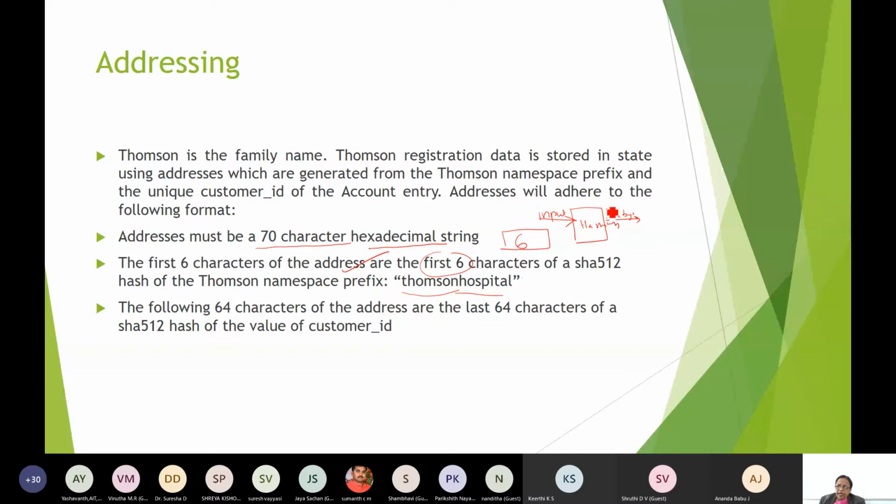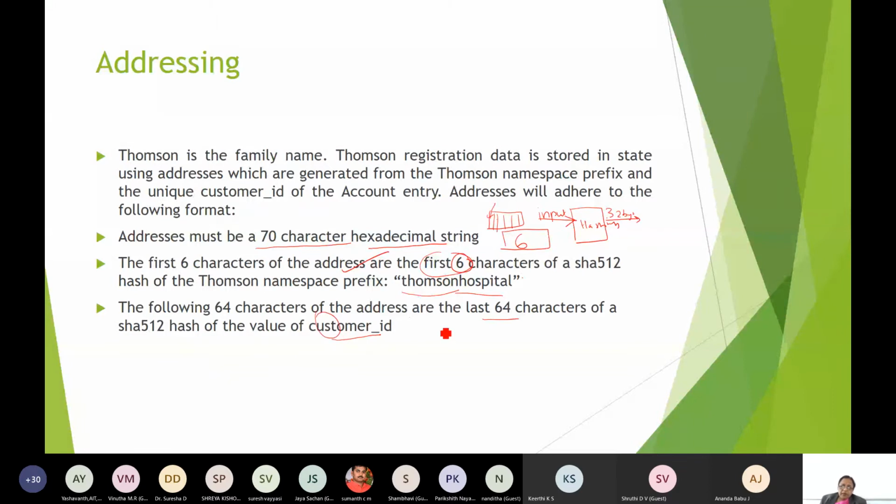From that, you are going to pick up only the first 6 hex values. After that, the following 64 characters are the value of SHA, 512 or 256 they use. If they are using 64, they have to use SHA 512.